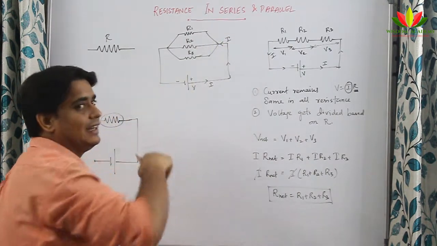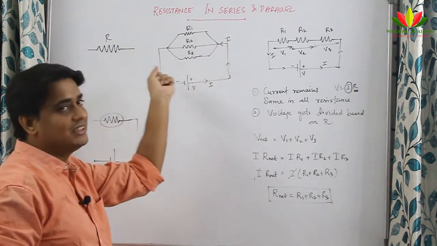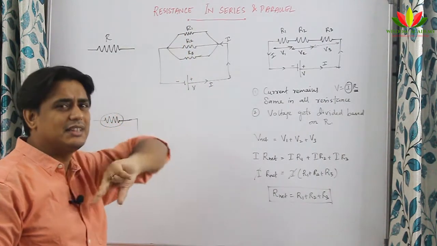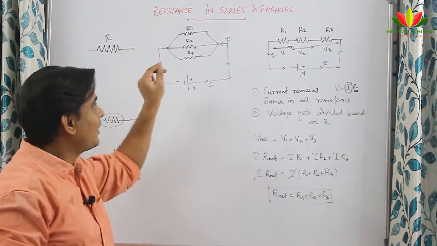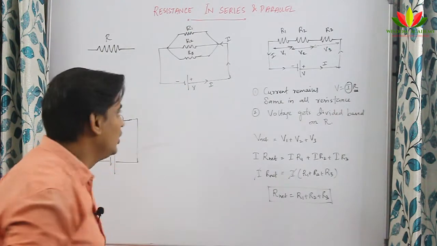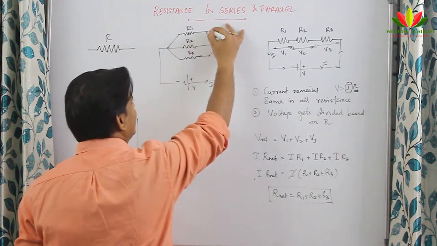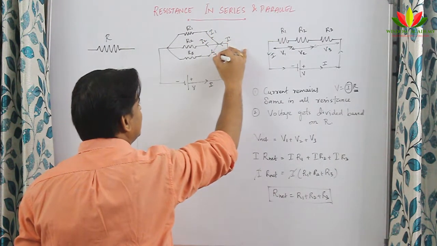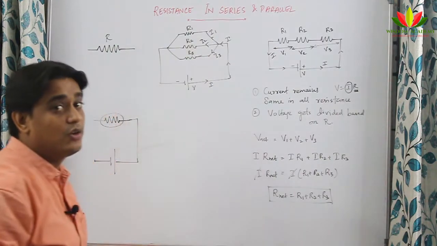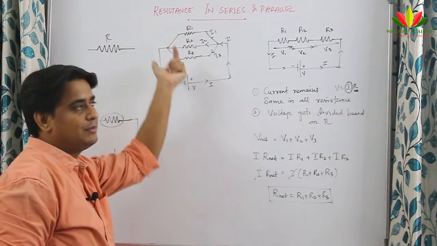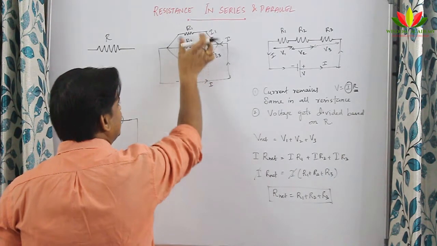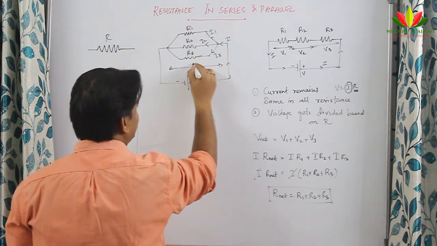Now the current gets divided into the different branches based upon the resistance. Some branch is offering less resistance, more current will go. Some branch is offering more resistance, less current will go. So based upon the resistance, currents I1, I2 and I3 enter the different branches. V remains the same for everything because everything is in parallel.